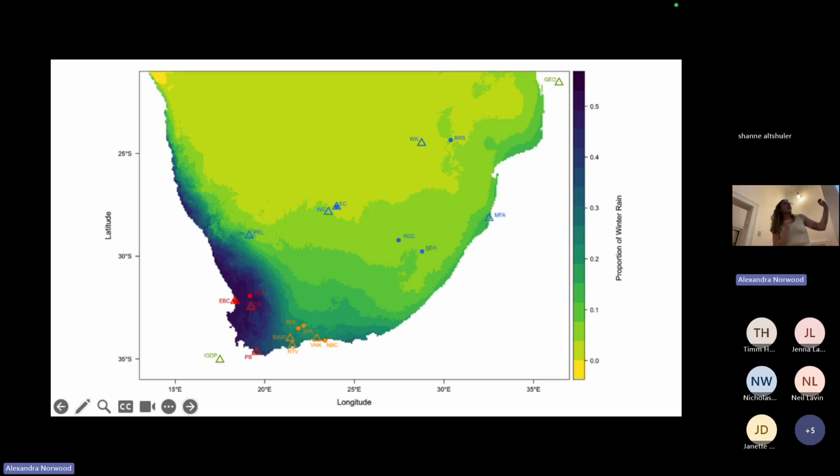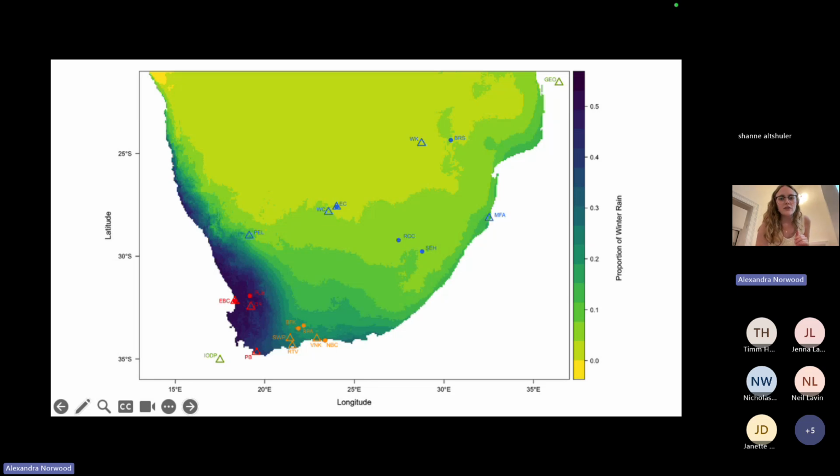The triangles are sites where we have pollen data. So pollen records, I think that someone just spoke about pollen records to you guys recently, right? So not to talk too much on that subject. We have sediment cores from these locations that have pollen recorded in them. And that pollen can tell us what type of vegetation was growing in that region at that time. So what we want to do is compare these community records of animals with these pollen records to see if changes are happening at the same time.